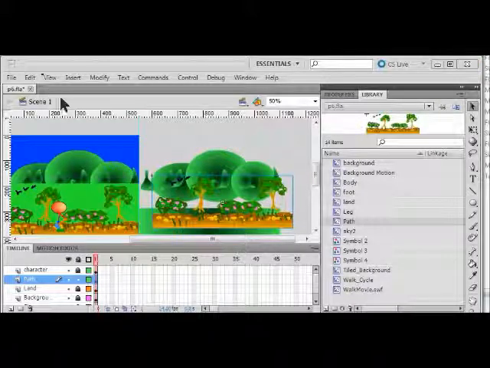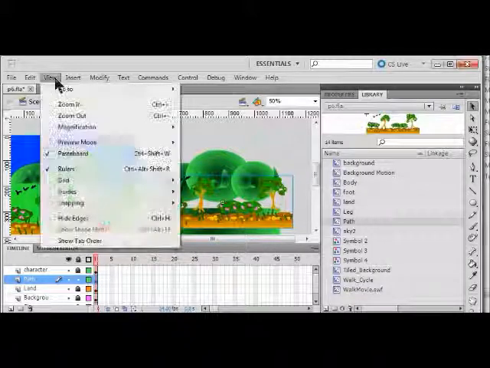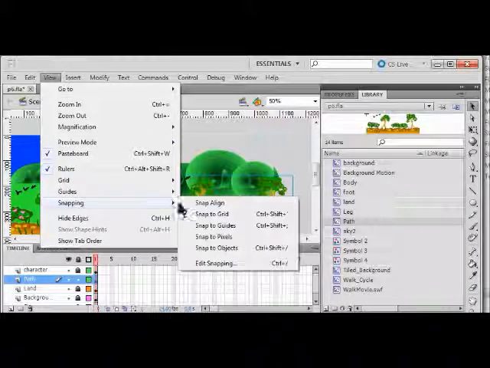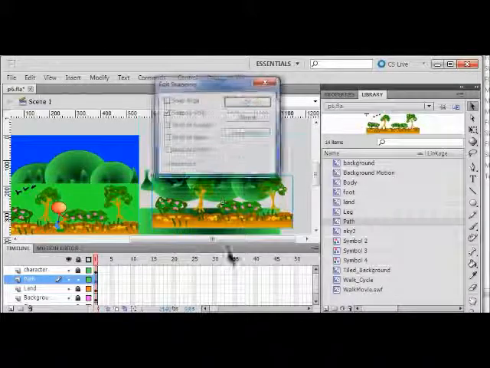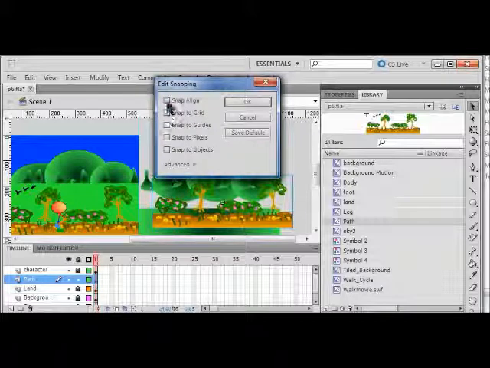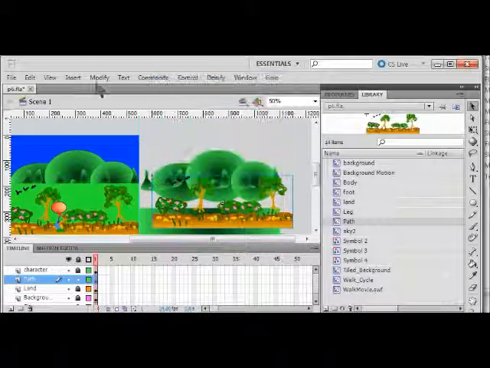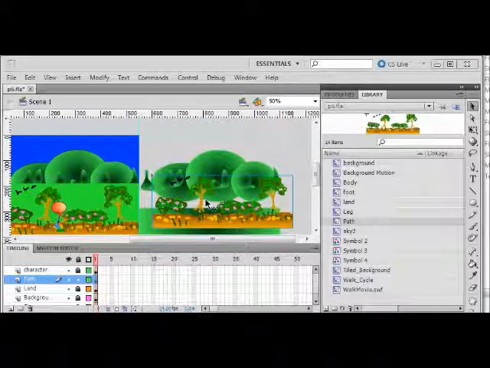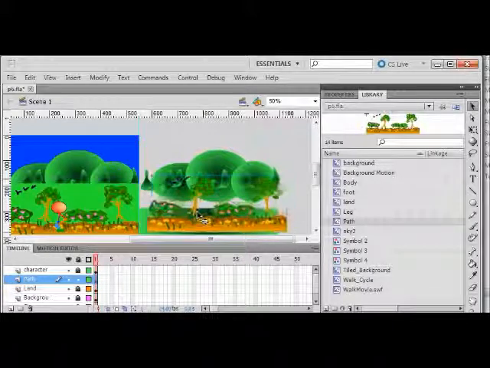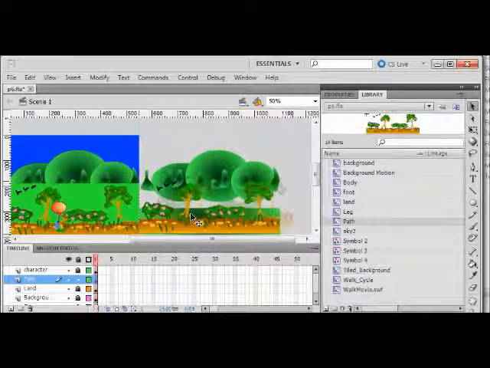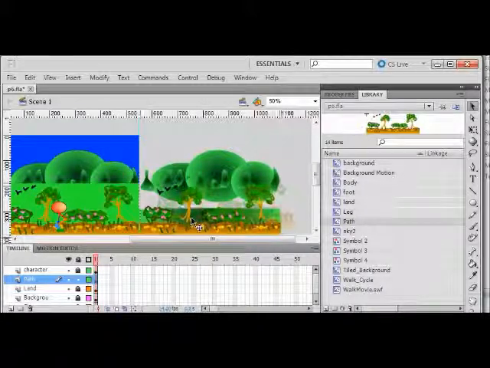Now I need to change my snap settings. So I'm going to go View, Snap Settings, Edit Snapping. Now I'm going to snap to lines and snap to guides and click OK. Just like the last time, I want to line this up so that the new instance of the path symbol is exactly next to the other path symbol. So I bring it over till I get the dotted line on the bottom and on the top,